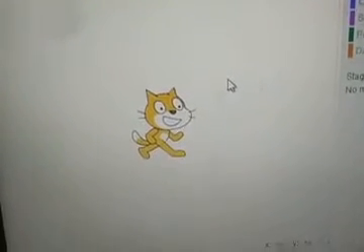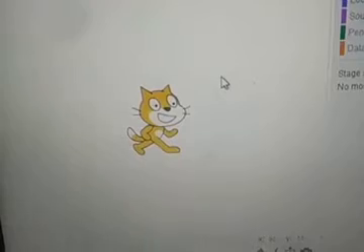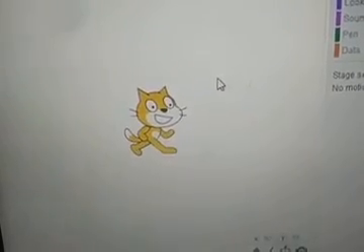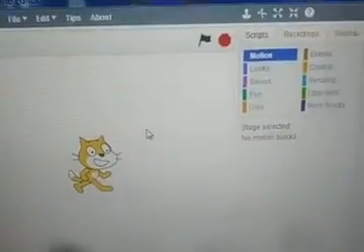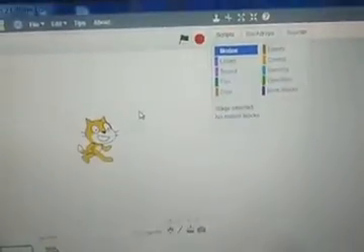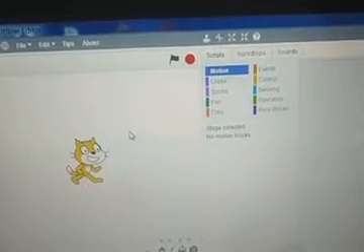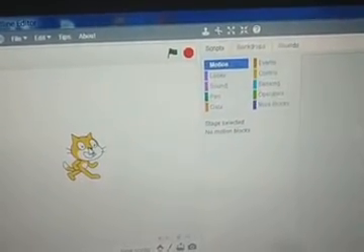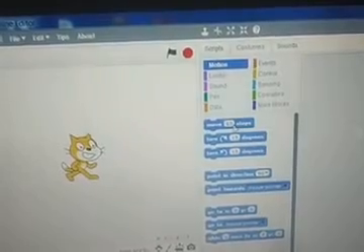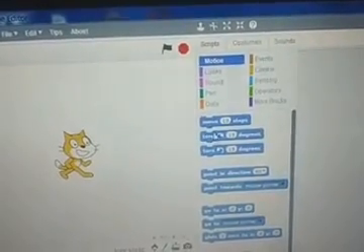Now we will go through the block palette. We can see that this column is empty as Motion is selected but the sprite is not selected. When the sprite is selected, by clicking on the sprite, only then do the different motions come.